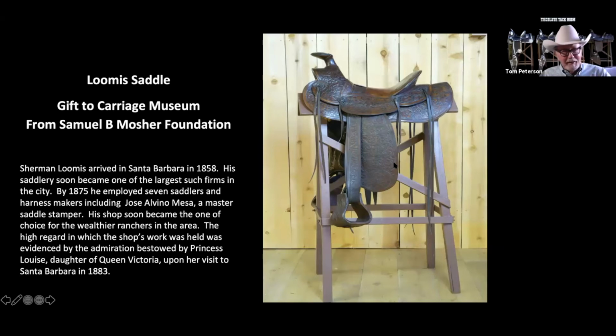Yeah, he had that shop on State Street, and Princess Louise came into a shop. She was from England, a sister to the Queen, I think it was. She came into a shop and she had a little handbag. She says, "Can you make one of these handbags look like that?" And that kind of started that whole thing where he became a pretty famous leather maker in addition to making